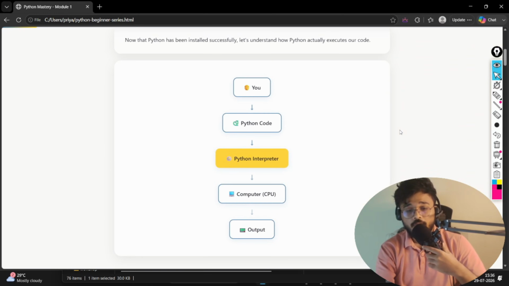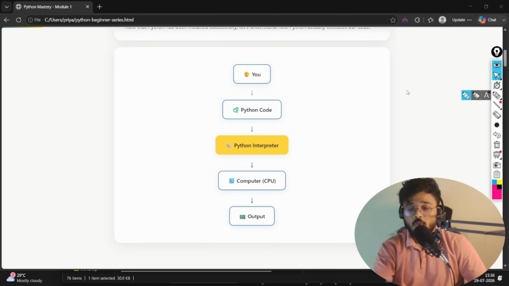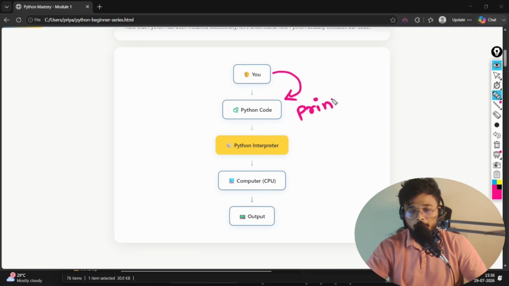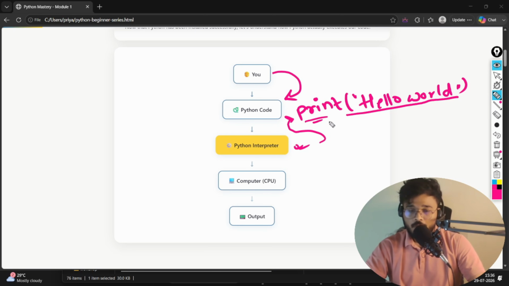Let me show you how the actual things work. So first, imagine this is you who is writing a Python code. You have written some code. For example, you have just written print hello world. This is your code. Now what happens is, when you press enter or run, this code goes to the Python interpreter. The Python interpreter will go and understand your code line by line. It will say, okay, you ask me to print, and what you are asking me to print is hello